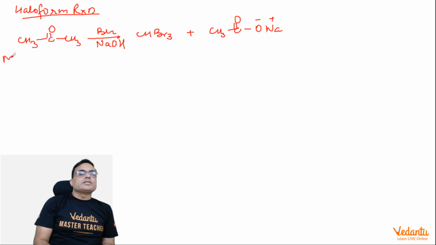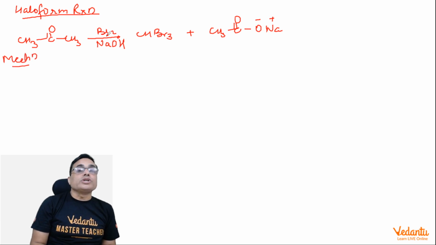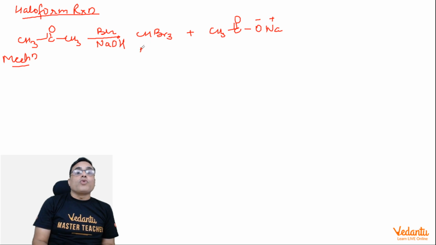So what is the mechanism? Let us check what is the mechanism, and then we shall find out how many moles of bromine are required for the formation of 1 mole of bromoform. Okay, how many moles of bromine, Br2, are used for 1 mole of bromoform? See in first step